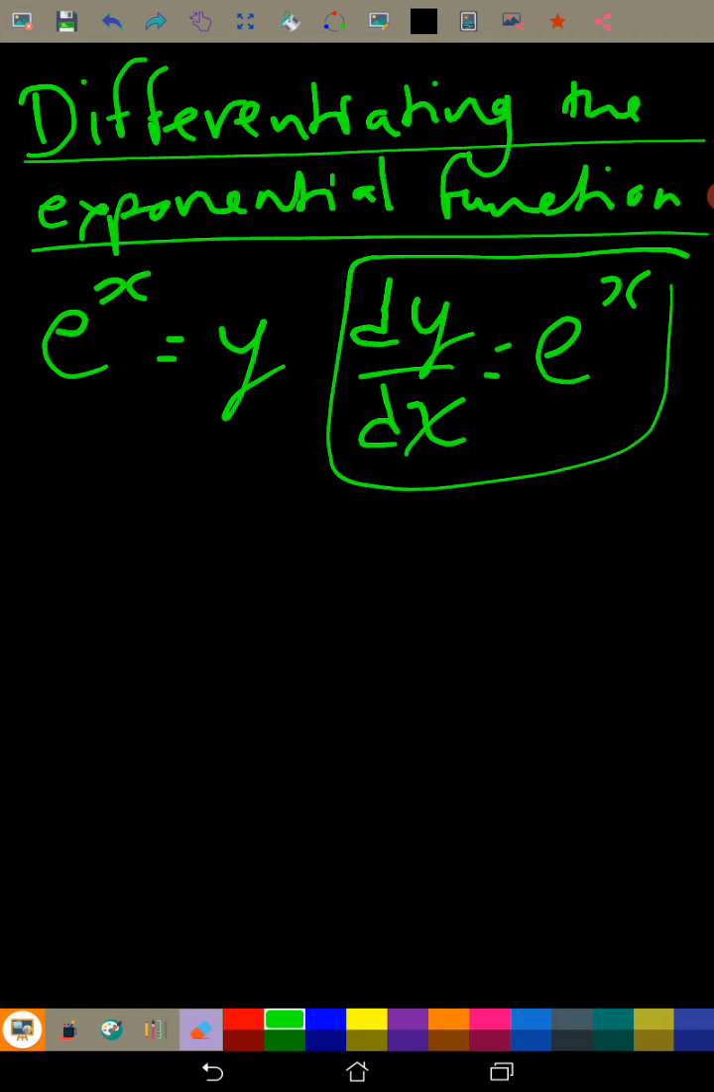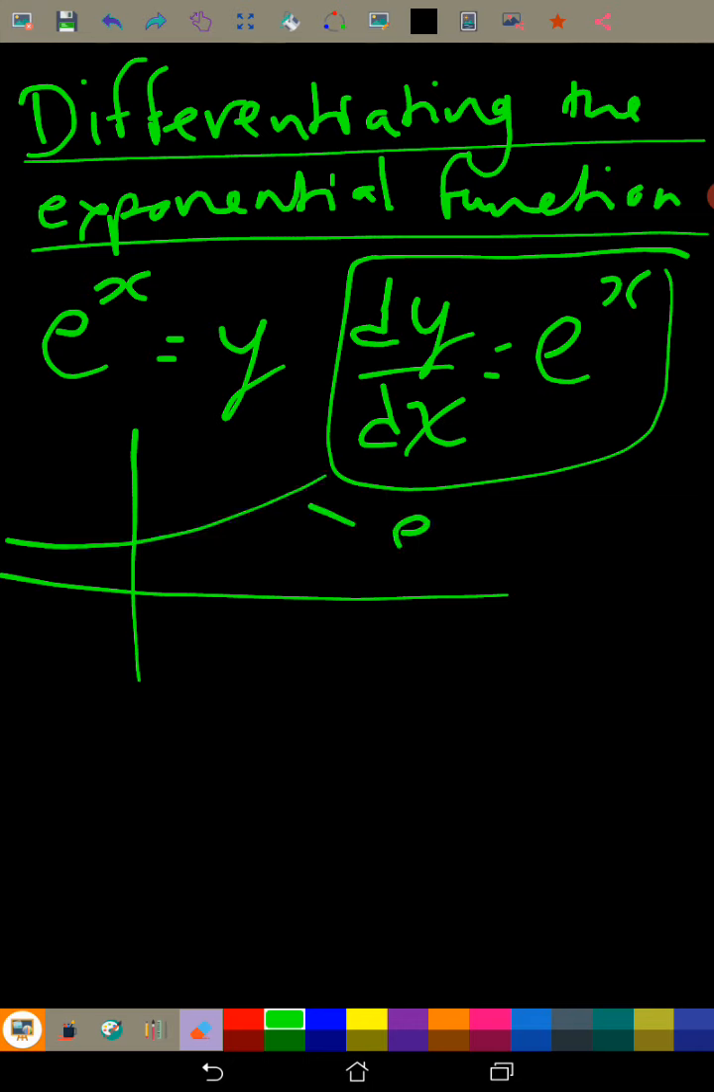And so consider the graph. If you want to have a look at the graph, this is y is equal to e^x, and this is the coordinate (0, 1), where it crosses the y axis. And so dy by dx,